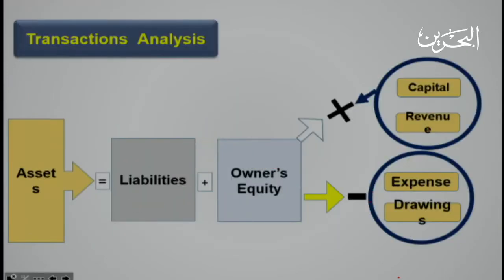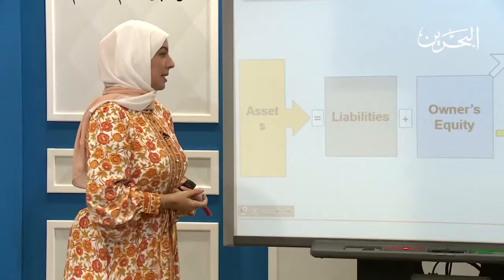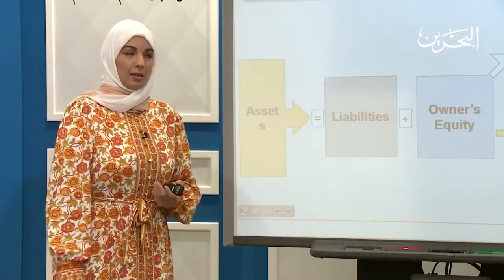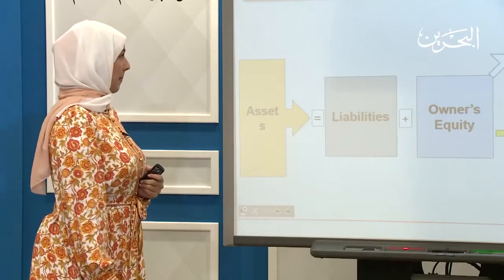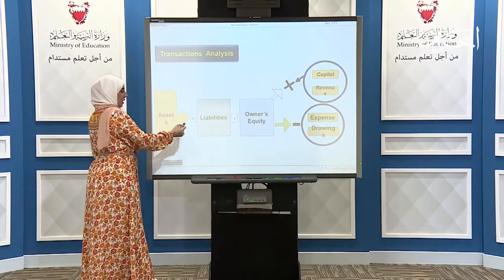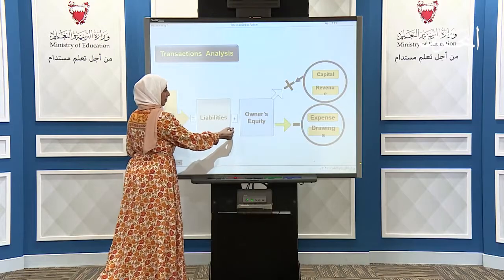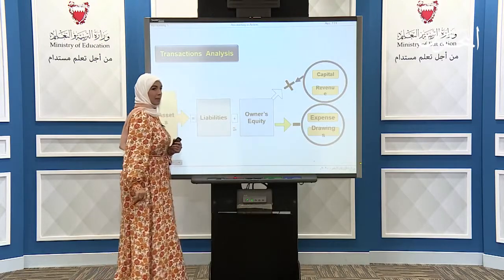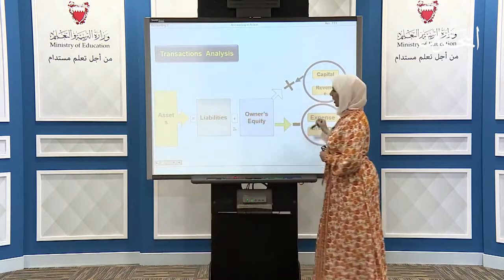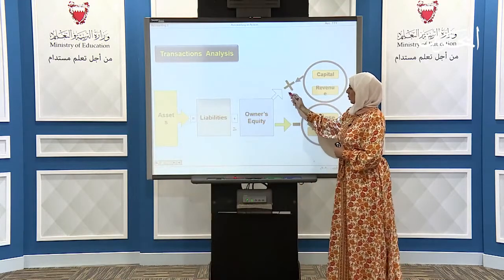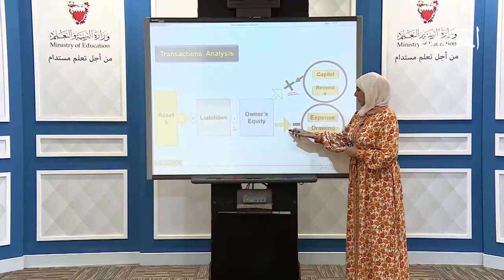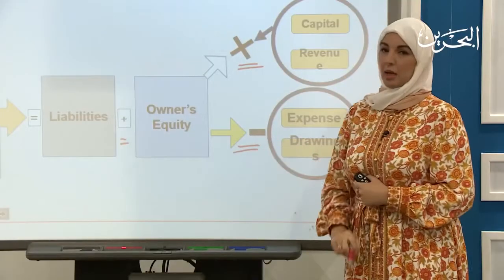Then, my dear student, let us take a look at our equation and explain it in more detail. I have the assets. It will be equal to the liability plus the owner equity. But in the owner equity side, I have two parts. The first part will increase the owner equity of the company, and the other part will decrease the owner equity